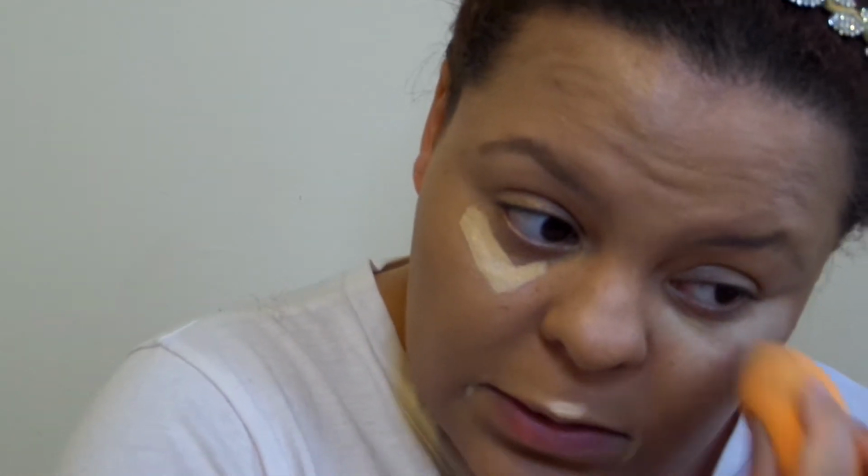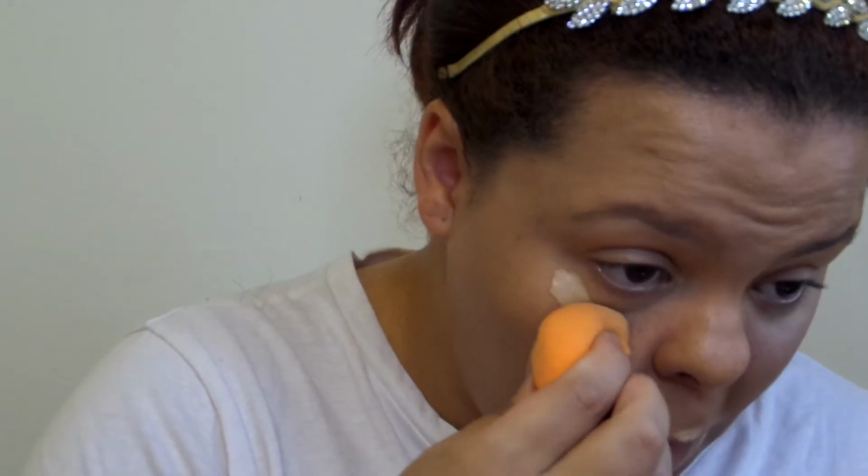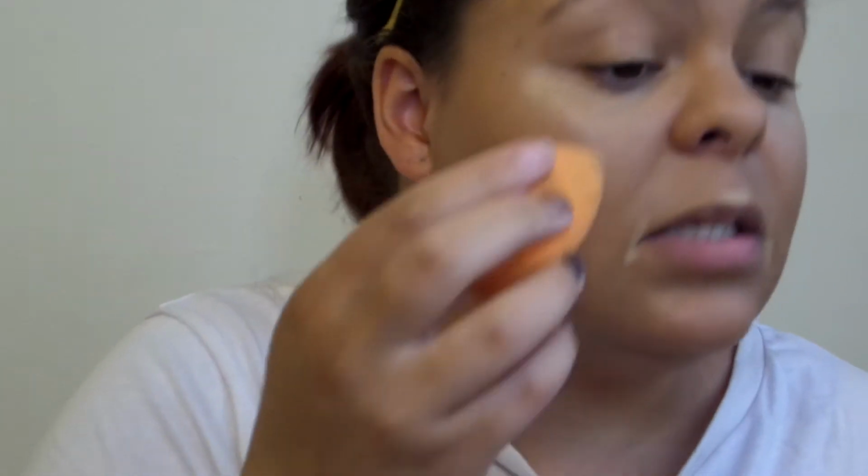But I try not to tan my face because getting a tan on your face is actually one of the leading causes of sun damage and aging. And now that I'm 31, since last year, I'm very aware of doing stuff to prevent signs of aging as early as possible. So,